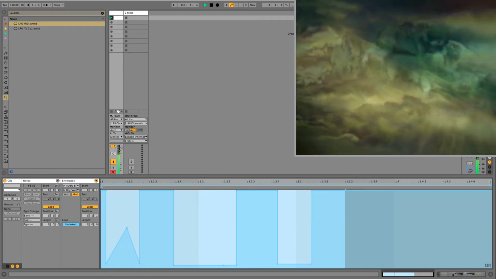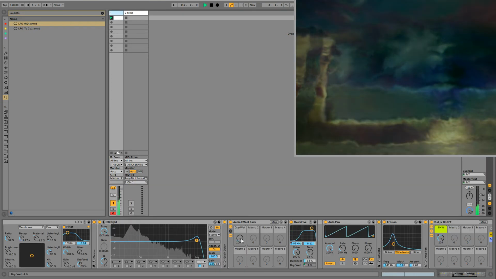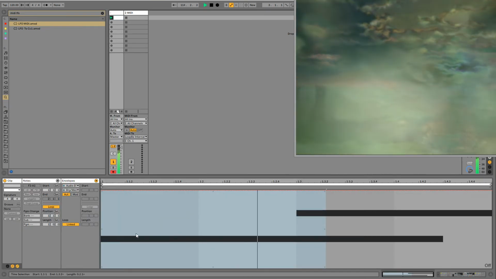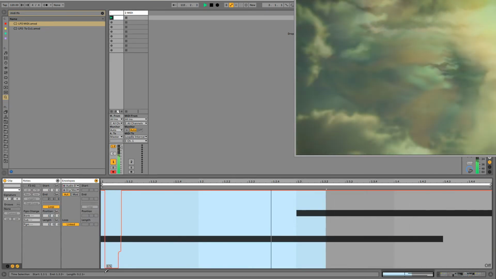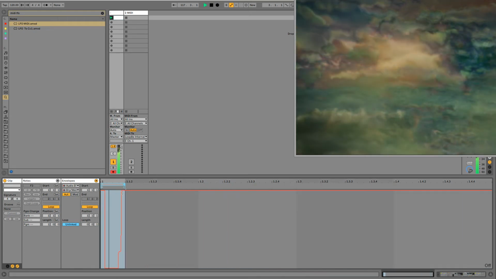Unlink it, pull this in to some arbitrary length. And then we can automate this. And it works, all three kind of work in tandem.